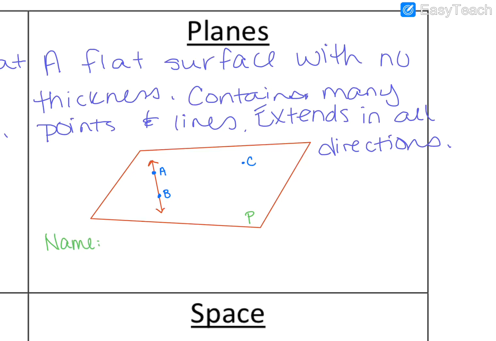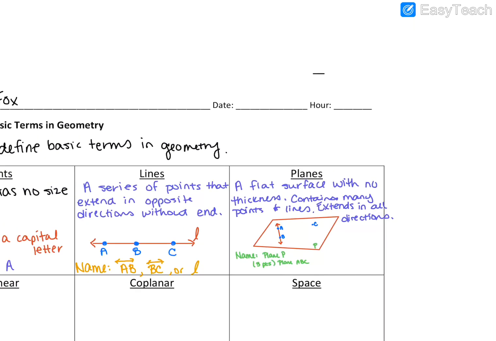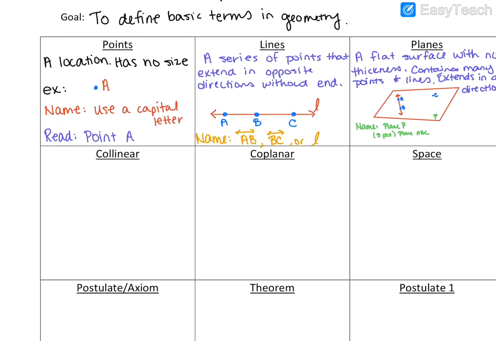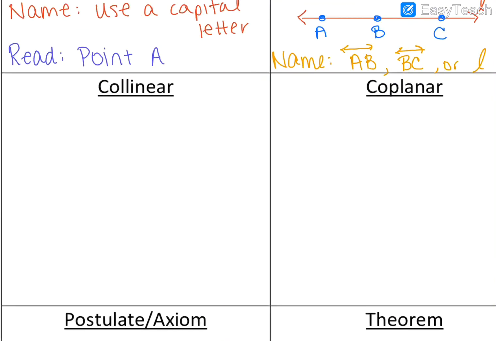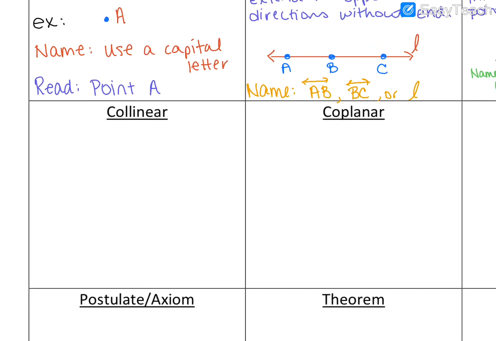So we have the name, which can be a number of different things. We could name it plane P. And notice we're going to write plane in front of this because otherwise how do we know if P is a letter or a point versus a plane? So it can be plane P, or you can name it using 3 points, which is plane A, B, C. And you use capital letters because A, B, and C are all points that are within that plane. Okay, and now that's going to get a little bit finicky on how we are exactly going to be naming things, but we're going to,